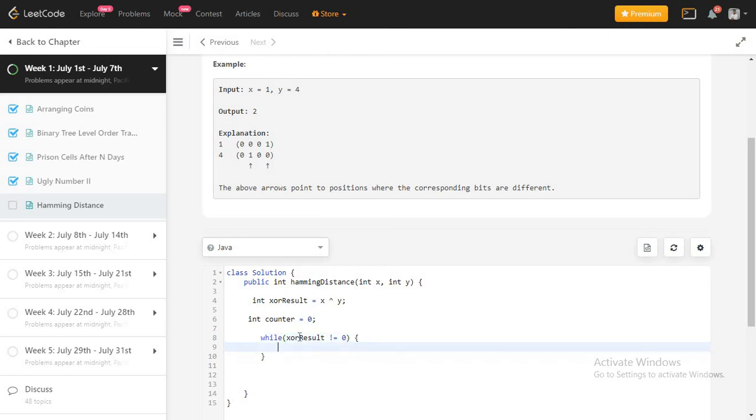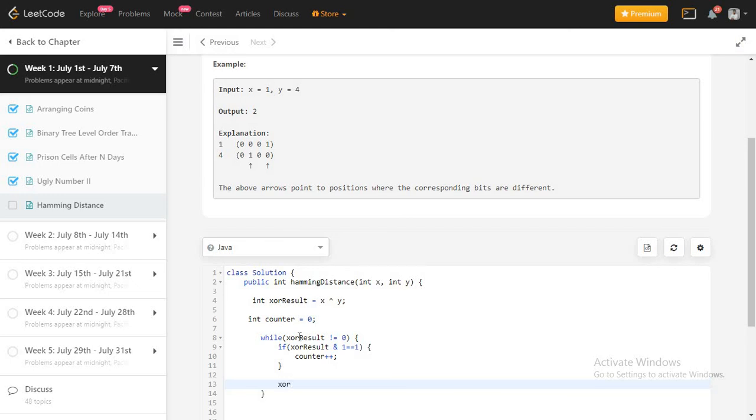So if it is not 0, then what I need to do is AND my XOR result with 1. If it is equal to 1, then I am going to increase my counter, right? Else I am going to do right shift, right?